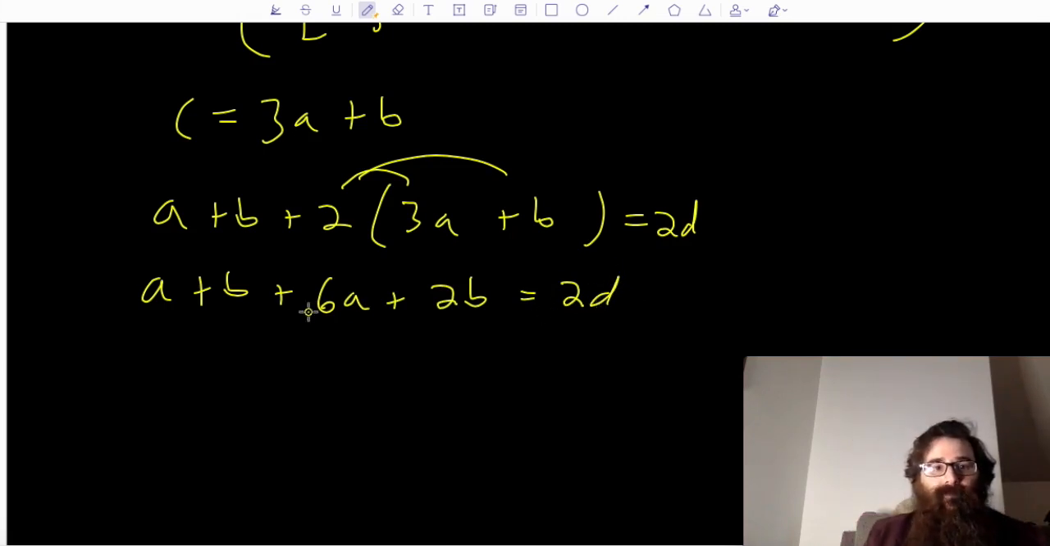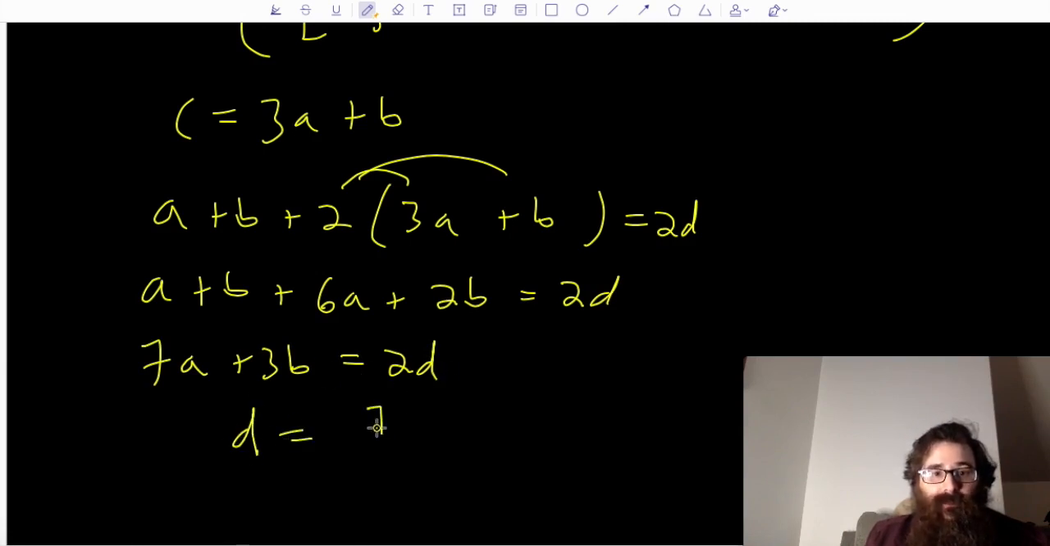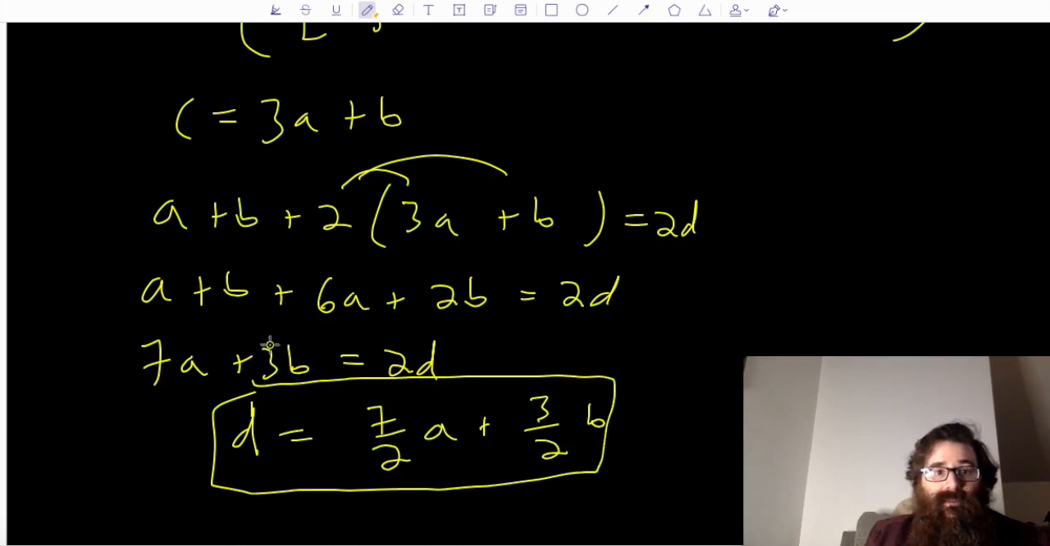Equals 2D. Let's collect like terms. So A plus 6A gives me 7A. B plus 2B gives me 3B equals 2D. And I can solve for D. So we could say, well, okay, that means D is equal to 7 halves A plus 3 halves B, just dividing by 2. So I actually have 2 substitutions,